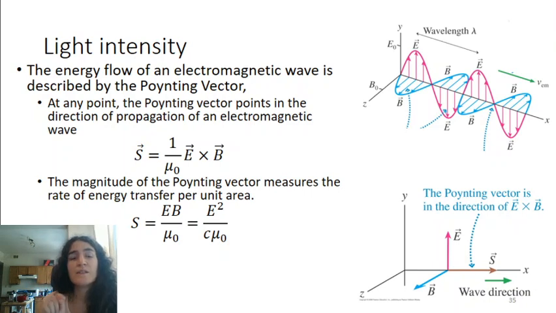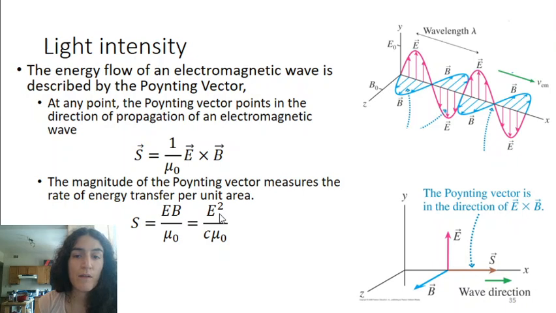E is equal to C times B, right? And that means that B is equal to E divided by C. Okay, so this is correct. So you could either write it in terms of the product of E times B, or you could write it as E squared divided by C,